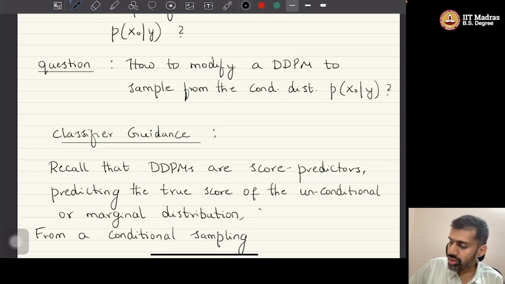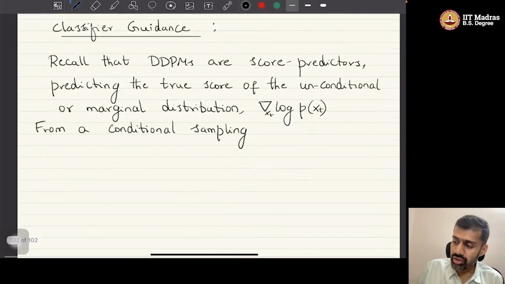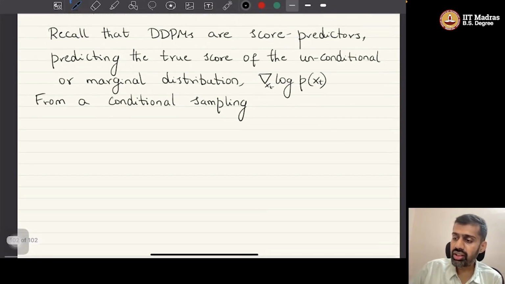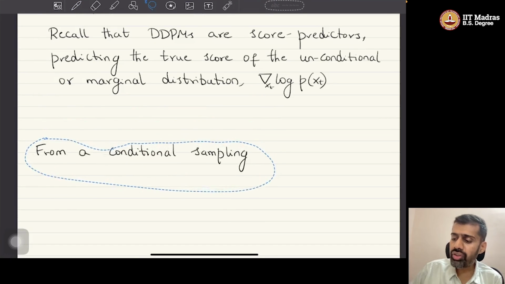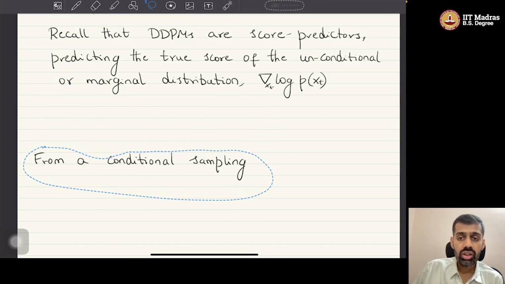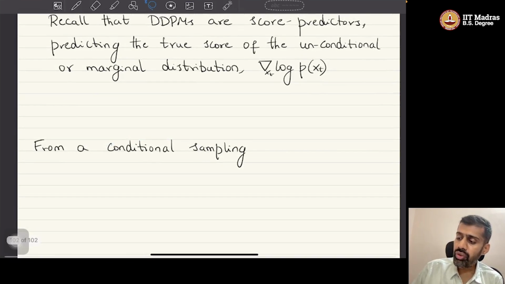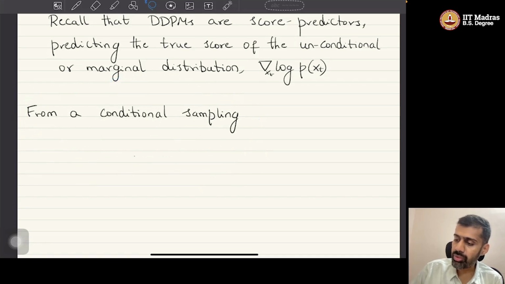Marginal distribution, which is represented as the gradient of log of P of x t with respect to xt. So this is what we saw, right? We saw that the DDPMs are nothing but predictors of the score of the distribution of the noisy sample xt. Now if you want to change this to a conditional sampling perspective,